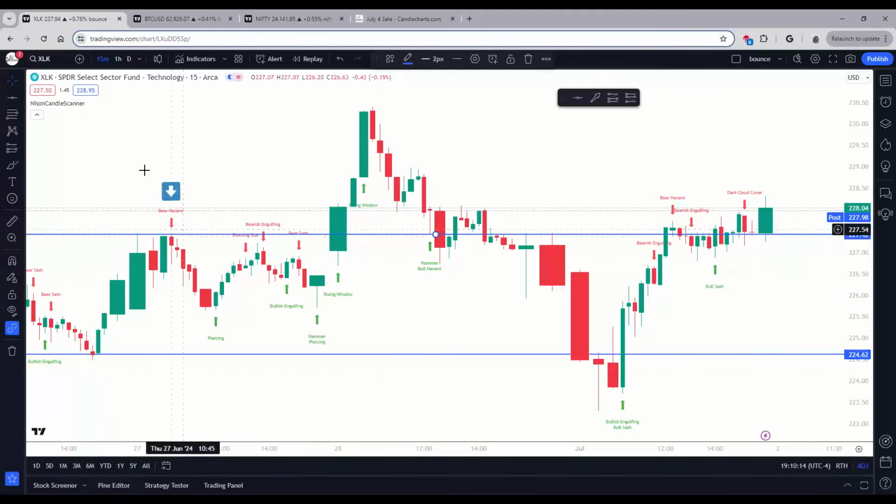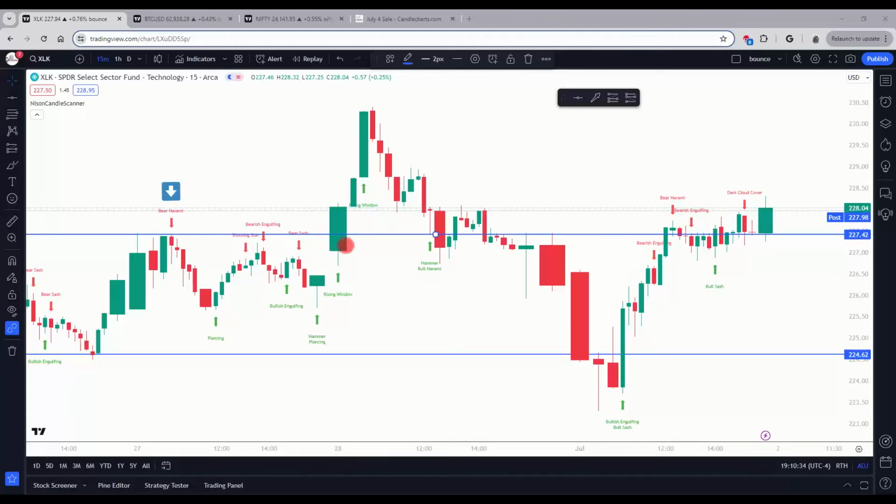So that held as resistance. I'm going to get my spotlight out. Held as resistance, held as resistance, and then look what we get here. We get a rising window, a move back above it, right? So this, remember what we just went over a couple minutes ago, the change of polarity, that resistance